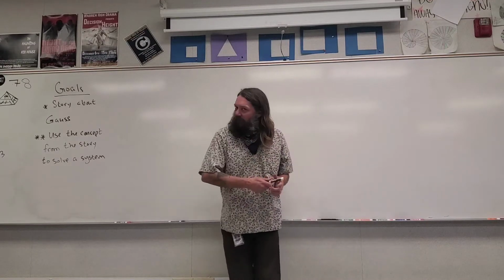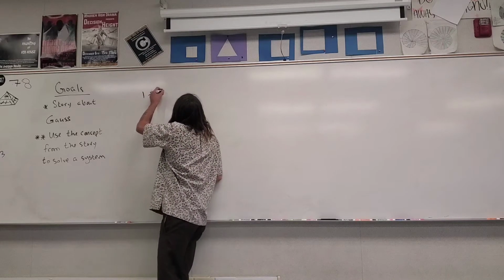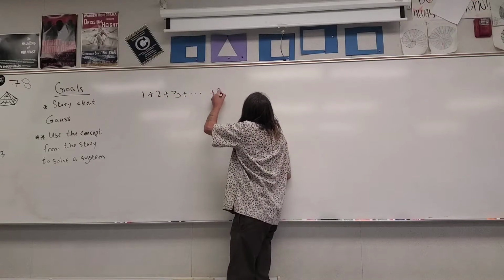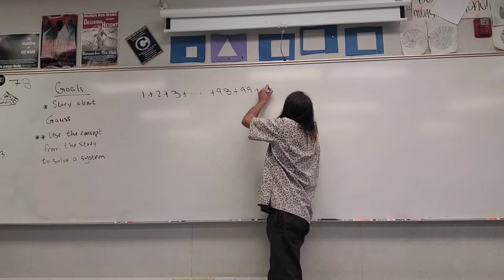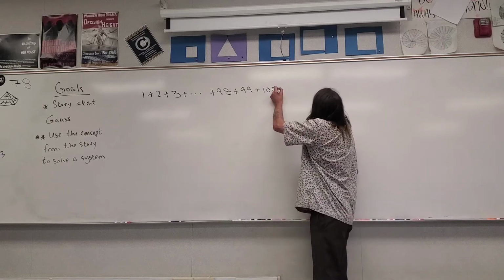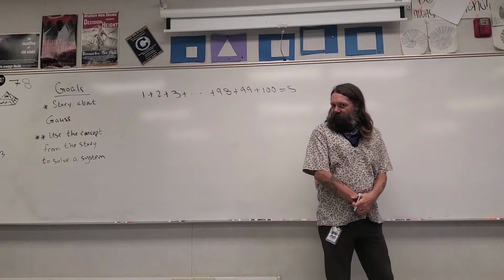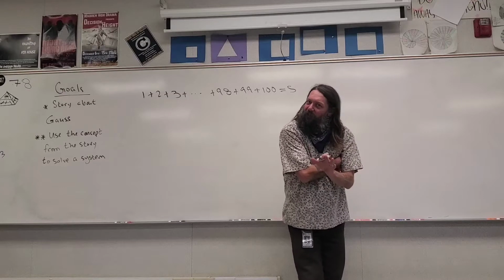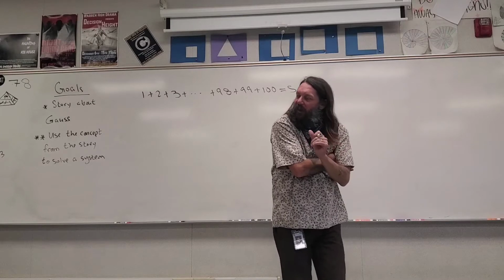So this 9-year-old writes out the first 100 numbers like this: 1 plus 2 plus 3, continues the pattern, and he gets to 98 plus 99 plus 100. This 9-year-old realizes that these numbers must add up to something. Now, when we talk about someone who's a prodigy, who's a genius, they see things that the normal person doesn't see. This 9-year-old looked at this and realized he could create a pattern, and here's how he did it.